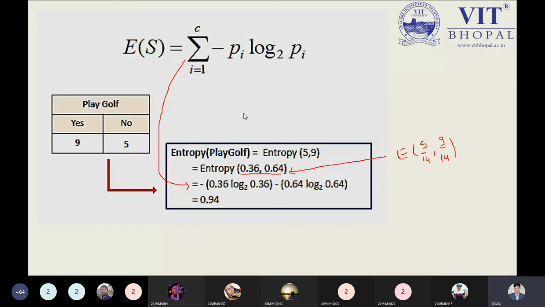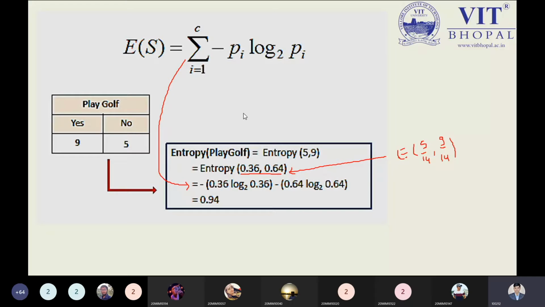Look at this example. I'm taking the simplest example so the information will be clear to all. Play golf is our feature by which I'm dividing my data into two parts: yes and no. These are the parameters by which I'm deciding. If I have yes, then in total I'm getting 9, so 9 people are ready to play golf, but the rest, 5 people, are not ready to play golf. So in total we have 14.